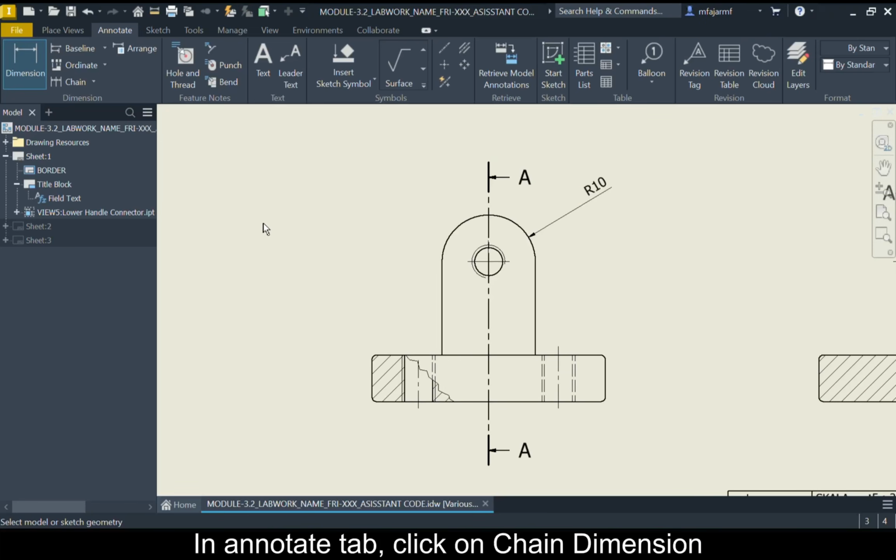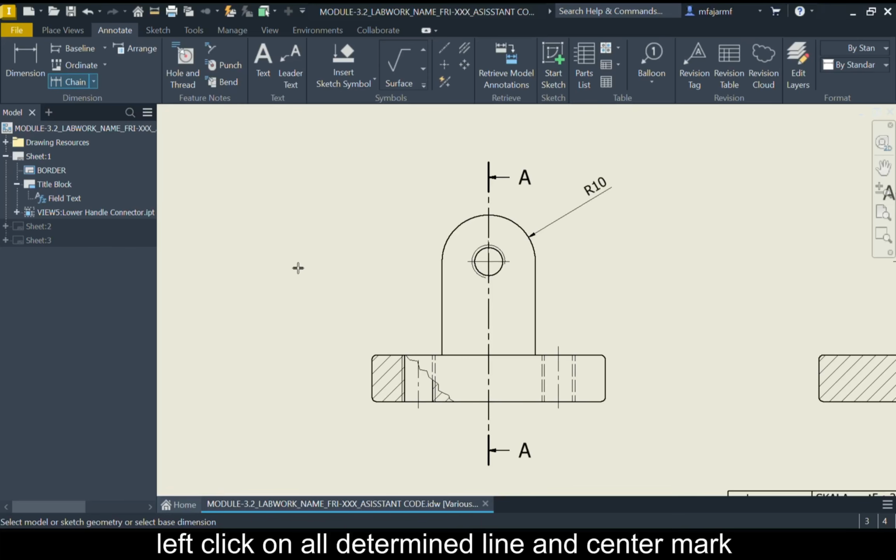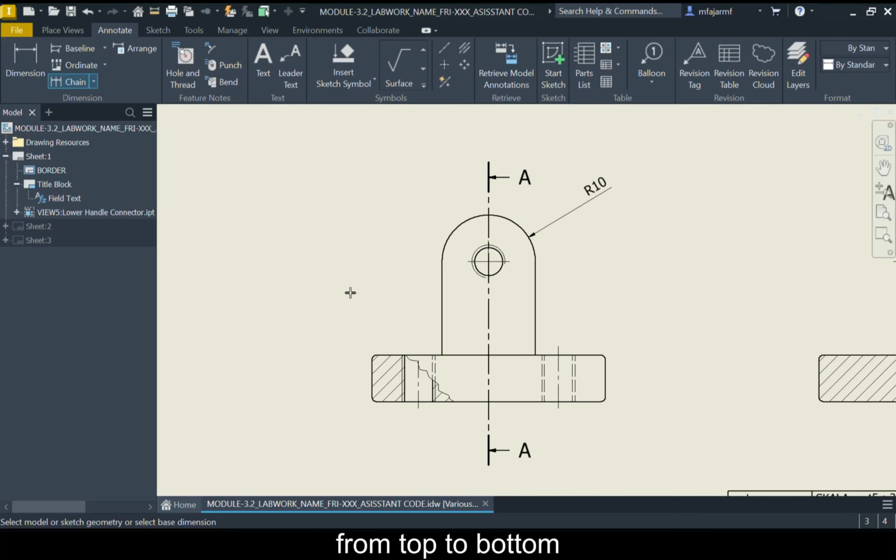In the Annotate tab, click Chain. Left-click on all determine lines and center marks from top to bottom, like this. 1, 2, 3.